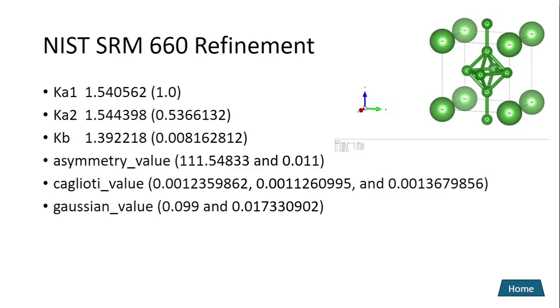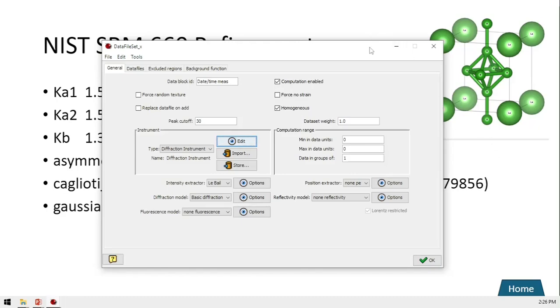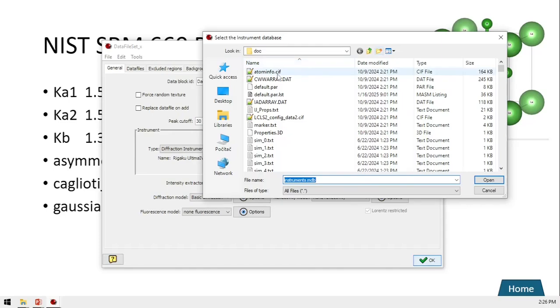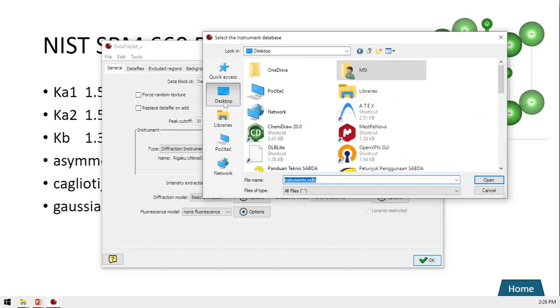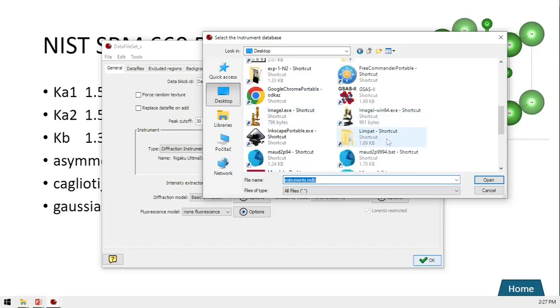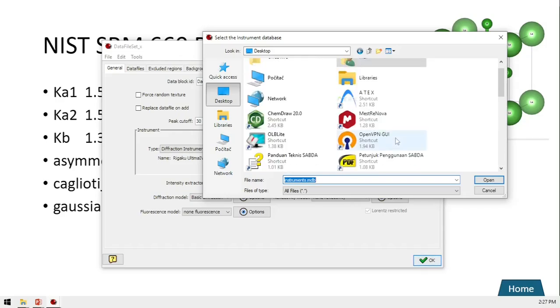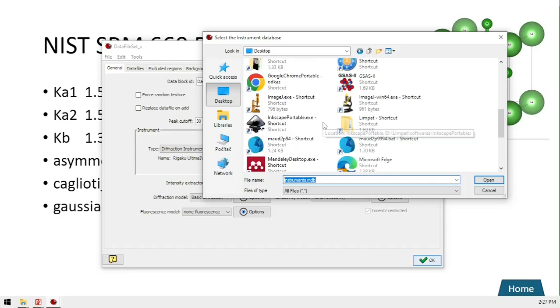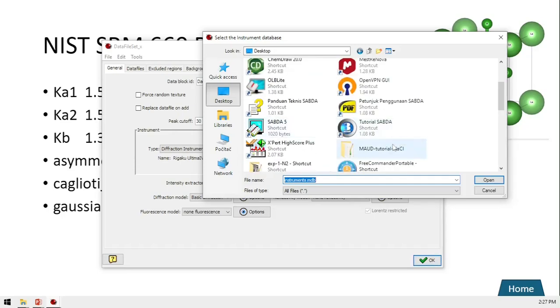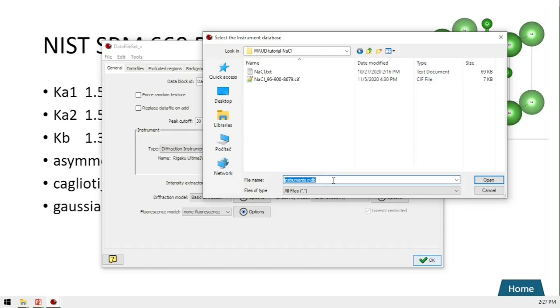And then yeah, I will show this window. What are we going to do? We can save the instrument. You can store it with this button, store, and you will obtain this window, and then I will save it in, wait a second, this more tutorial, I will save it here.